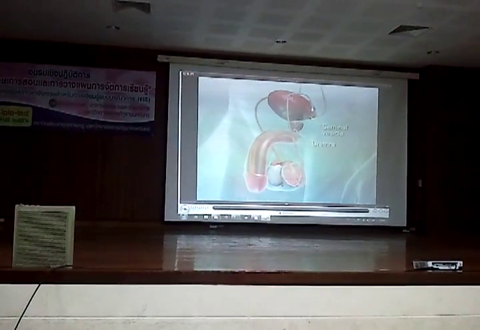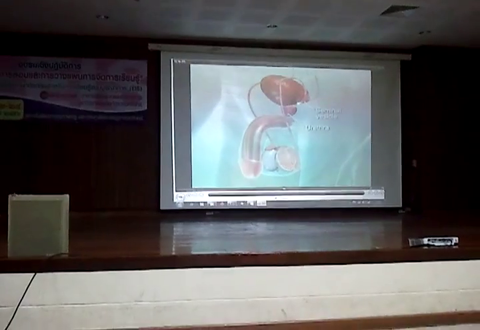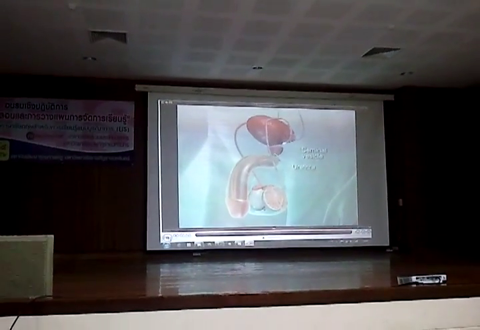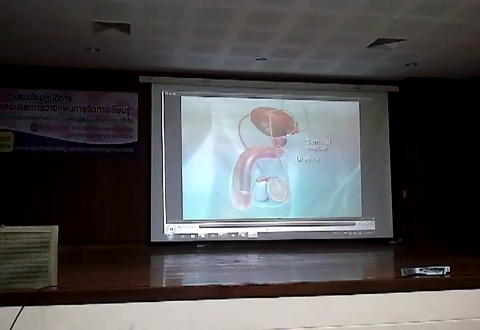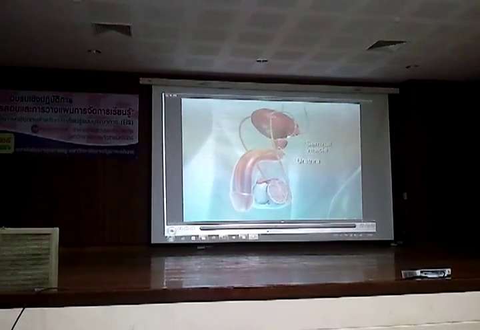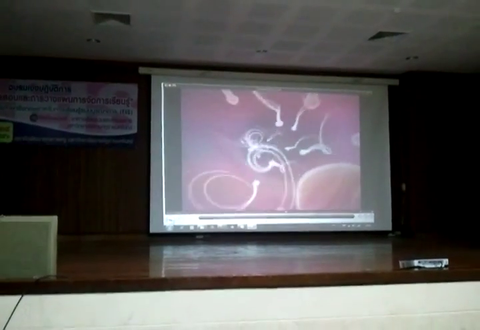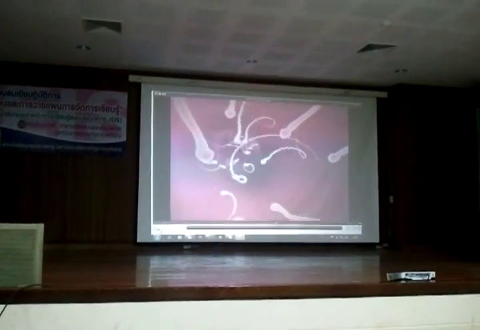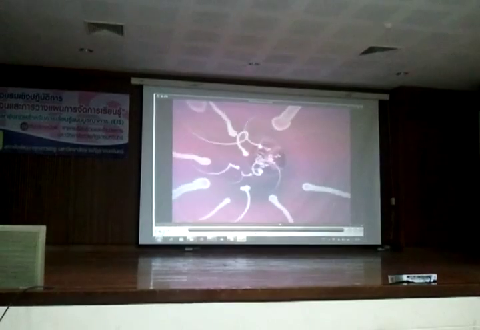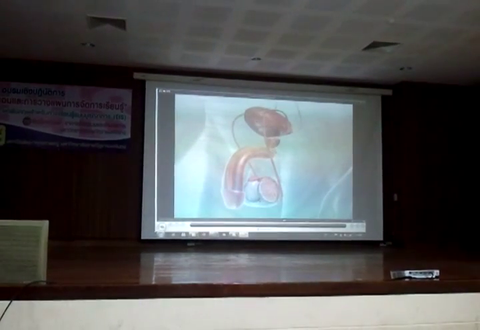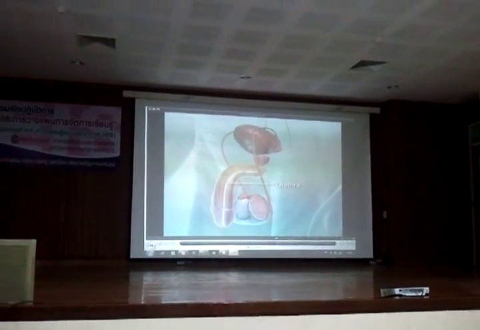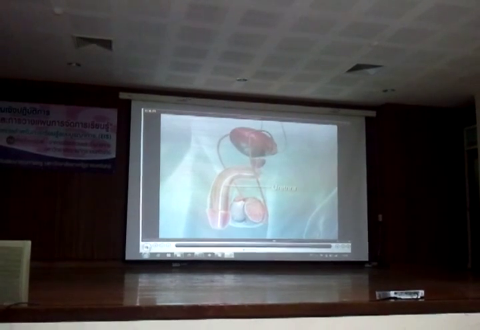The seminal vesicles, which are located near the base of the ejaculatory ducts, secrete a thick yellow substance to nourish the sperm. This secretion forms 60% of the volume of the semen. Semen is the sperm-containing fluid that is ejaculated at the climax of male sexual excitement. From here, the semen travels into the 8-inch long urethra, which transports both urine and semen, but not at the